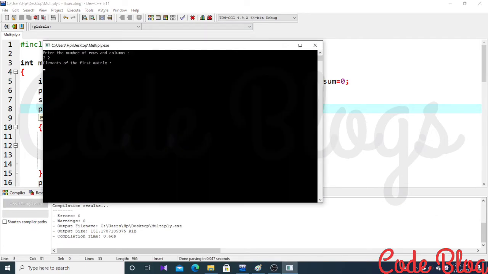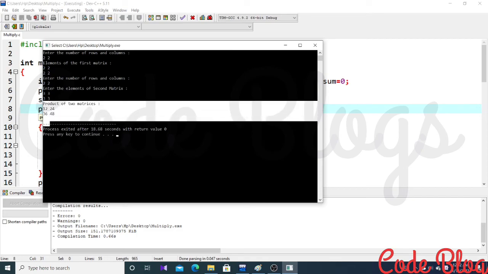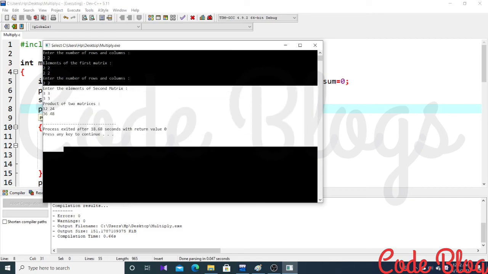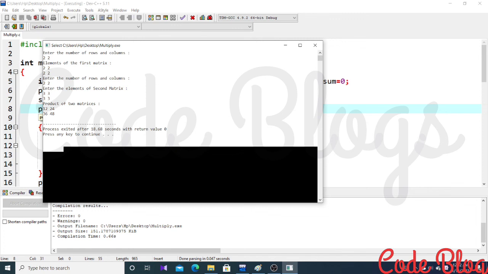2 and 2, elements are 2 and 2, 2 and 2. Number of rows and columns of the second matrix: 2 and 2, and enter the elements of the second matrix, 3 and 3, 3 and 3. So this is the product of the matrices: 12, 24, 36 and 48. That's all for the